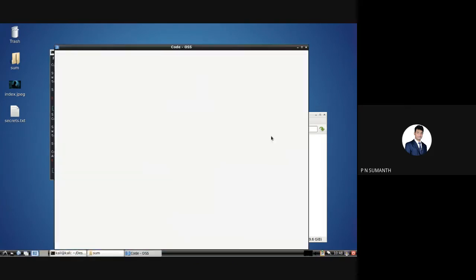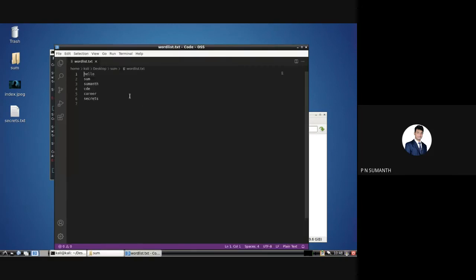So here in wordlist.txt, I will add a few more passwords. Finally, the 12th line will be my particular password.